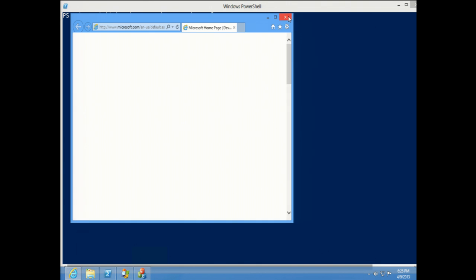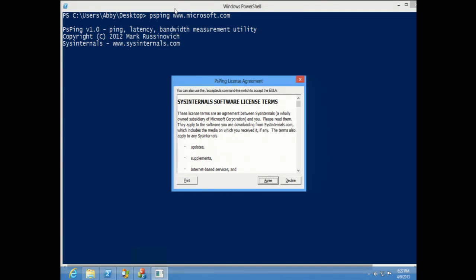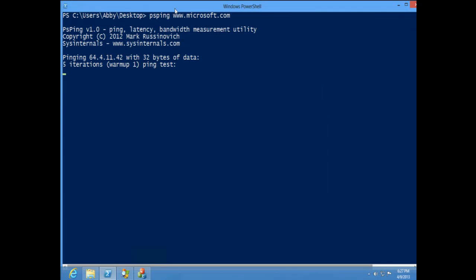Microsoft homepage. I'm not going to wait for it to come up. Okay, so if I do ps ping www.microsoft.com, what do you think I'm going to get back? Did I hit enter? I didn't hit enter. So nothing happens until I hit enter. Request timed out. Why is that?